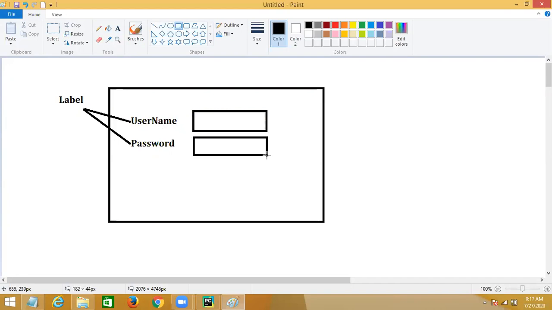This is a text box, right? Within the text box you can input, but within the label you cannot. So a label is only for display, but not for input.